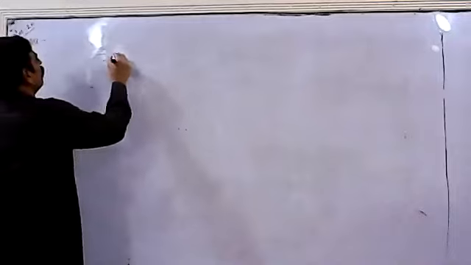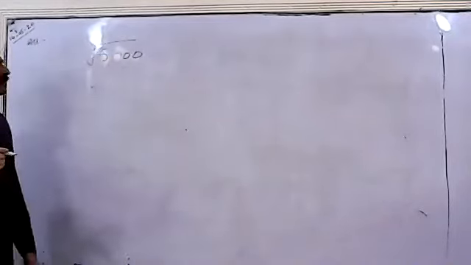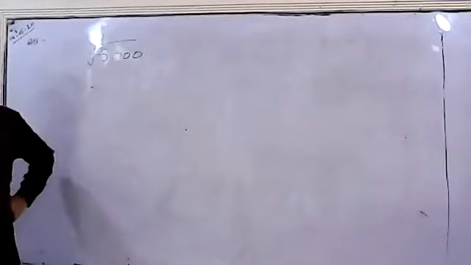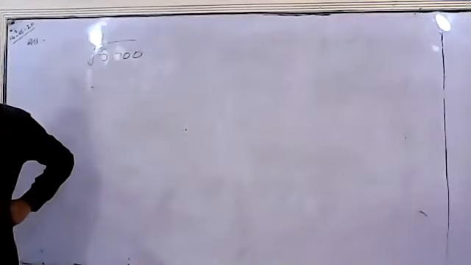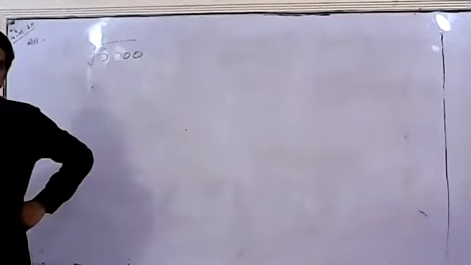Students, one more thing is going to be explained. Nearest number: suppose it's written square root of 5,000. Without a calculator, it is very difficult to find the square root of 5,000. The exact value we cannot find easily, or it will take some time. I am going to tell you the easiest way to calculate the square root of 5,000.